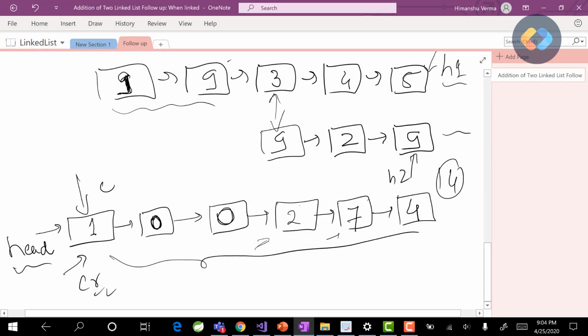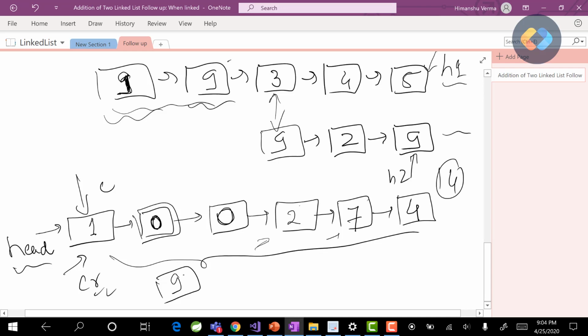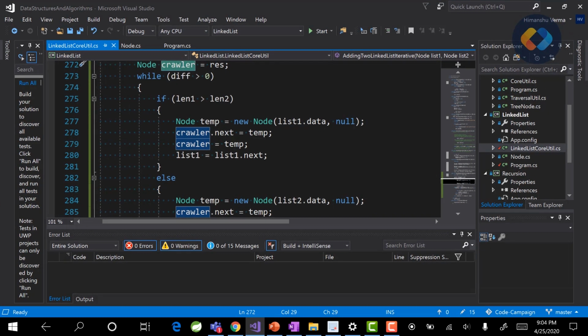In this case the list 1 length was greater, so we first created a new node, then we copied the value of this node here, right? So let's go back here, and that's what we did here also, taking the value from the list, creating a new node. And then I am adding it into the list.